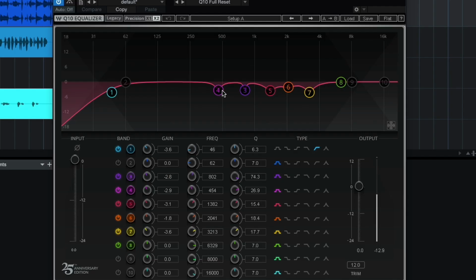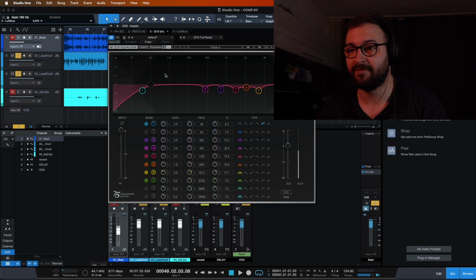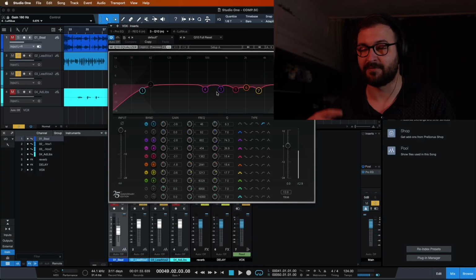See, the difference may not sound as big as you might think it should, and that's completely fine. That's how we want it. For me at least, personally, if I want to make big differences, I'd rather do them with a compressor. Because a compressor will help you keep the volume balanced. That's very important. When we modify just a single frequency range, the other frequency ranges that are untouched, they will be louder. As simple as that. Whereas a compressor will come and take down or reduce just the peaks, so you won't have those discrepancies if you want.